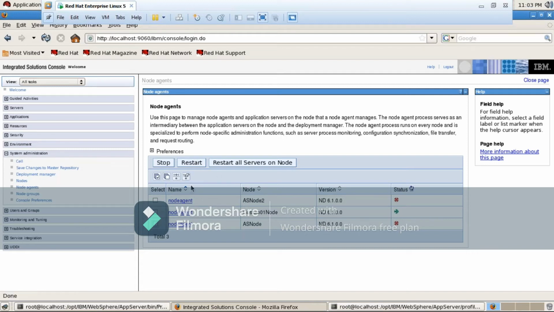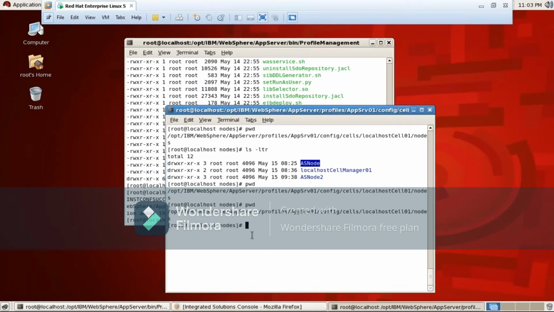You will get a start from here. From the console, is it possible to start the node agent? No. You always need to go through the command line. You always need to go to its own profile home, and there you have to execute the startNode command. Okay, so if you want, you can stop it here. If you want to start the node agent, you always need to do it from non-GUI only. Okay.